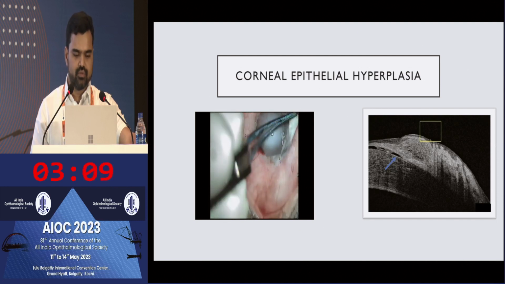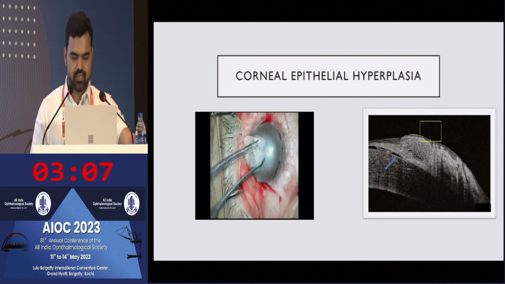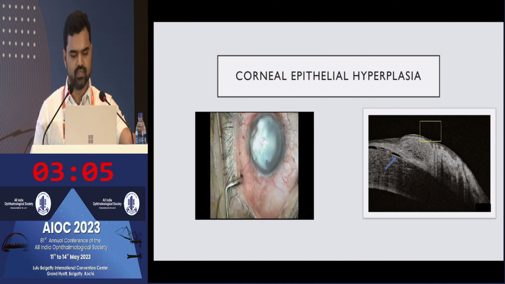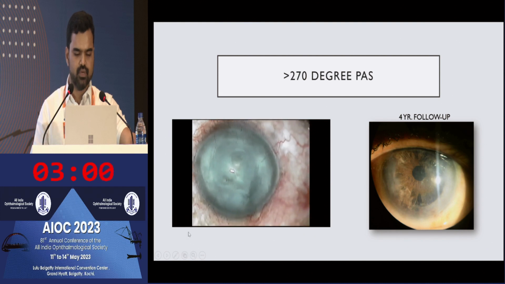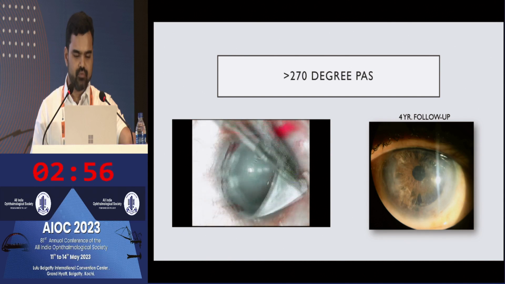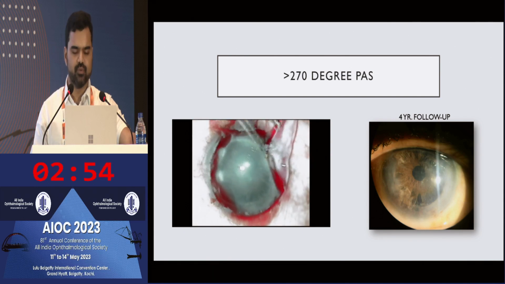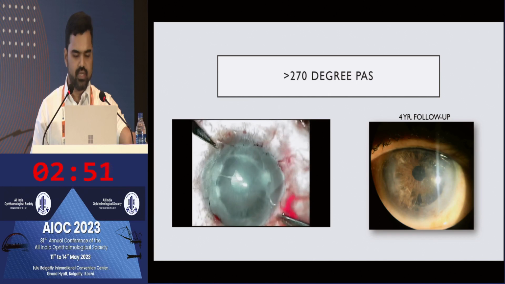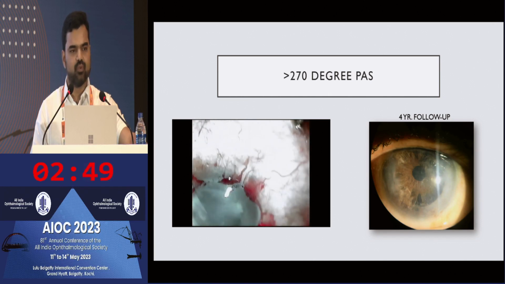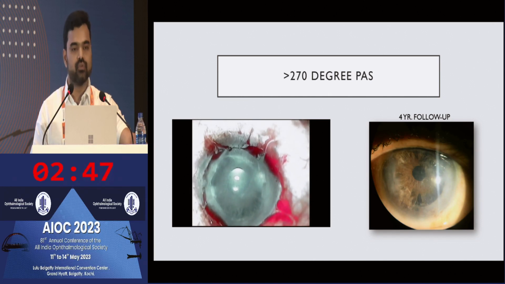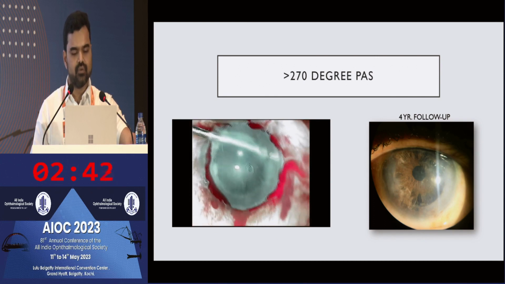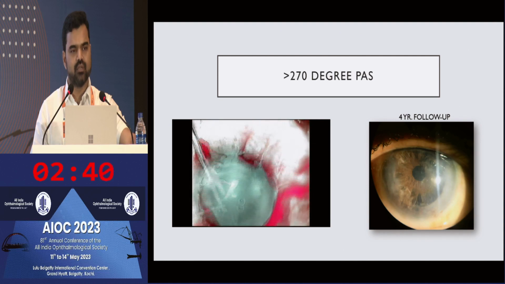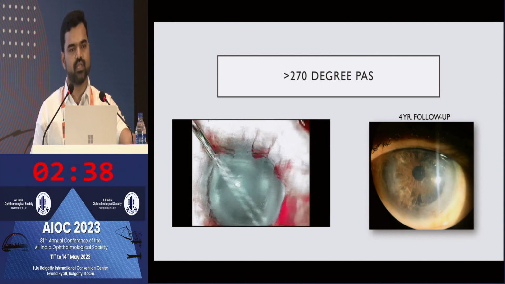Once you remove this in toto, you can get a relatively good view of the anterior chamber. Sometimes in recipient preparation, you not only get a poor view like in this case, but once you remove this, you have to evaluate beforehand that this case has a lot of peripheral anterior synechiae, more than 270 degrees. So you have to carefully remove all these anterior synechiae, which you can do with the help of an iris spatula, putting some visco into the anterior chamber, and then gently releasing it,